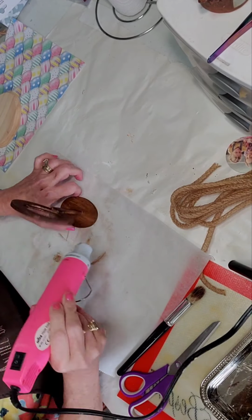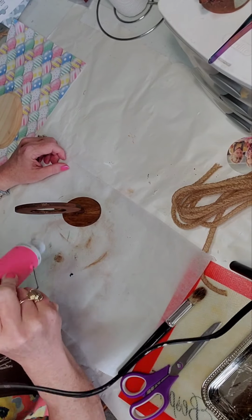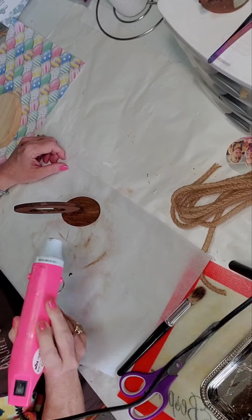So I'm just gonna give this a little blow dry with our heat gun so that we can touch it and